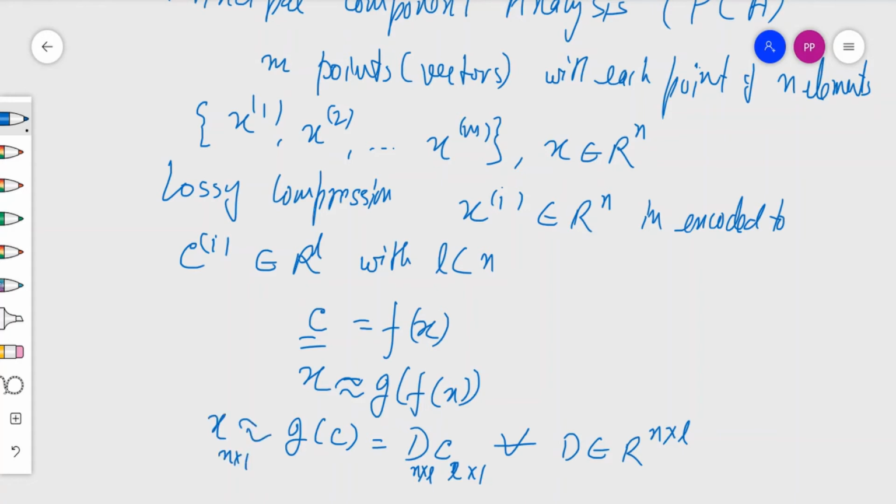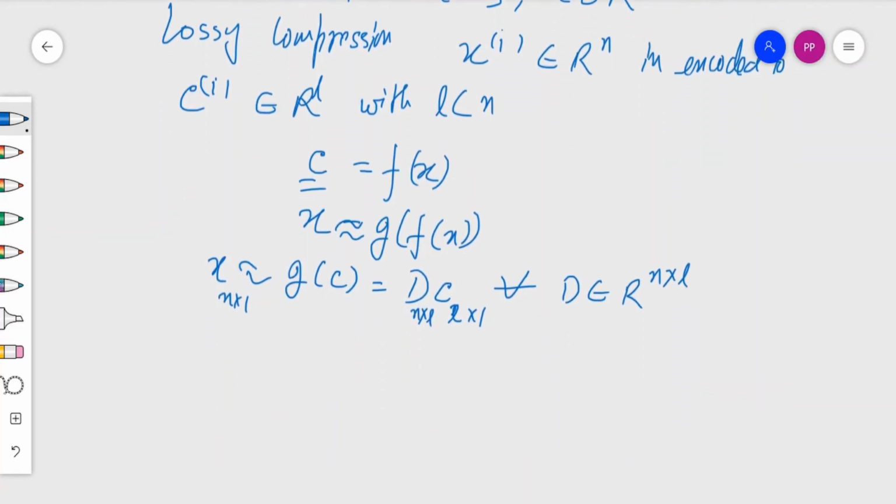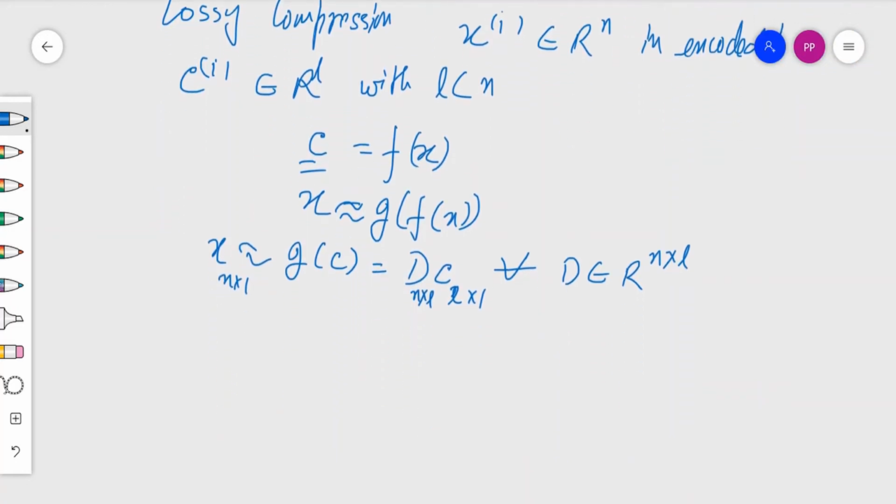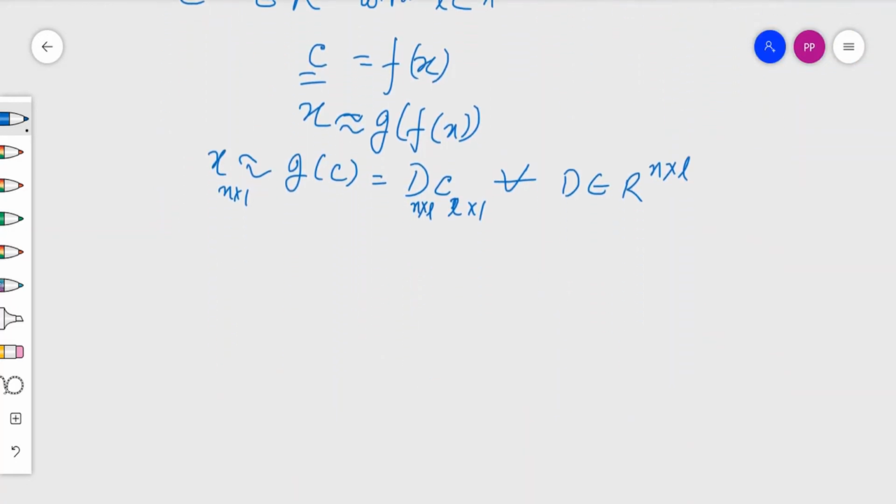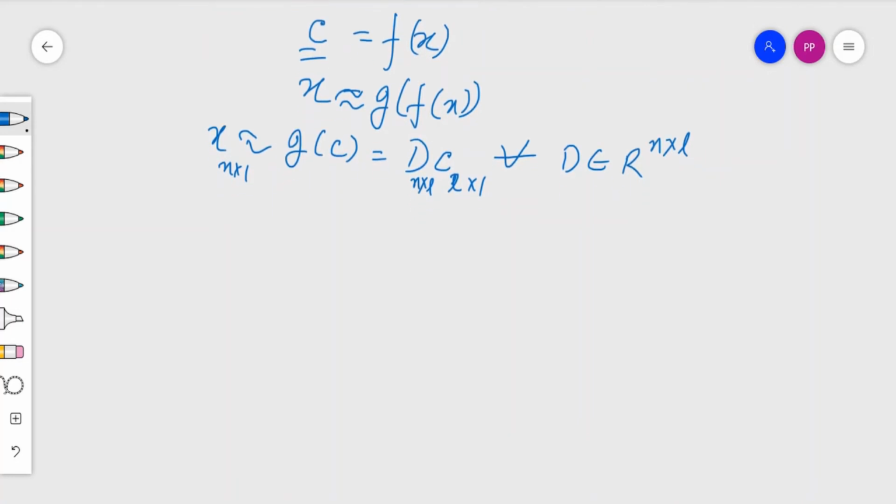This is the agenda. So here D is an orthogonal matrix,